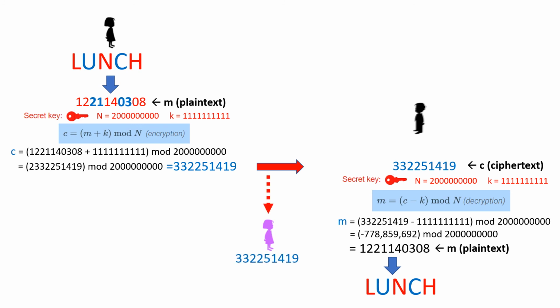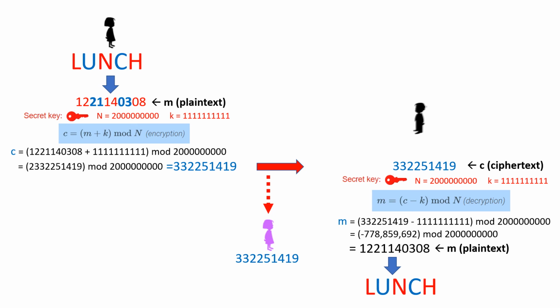Now Eve would just intercept the 332251419. If she doesn't know N and doesn't know K, then she doesn't have the secret key, because the secret key is those two numbers, N and K. So she would not know what to do with that,